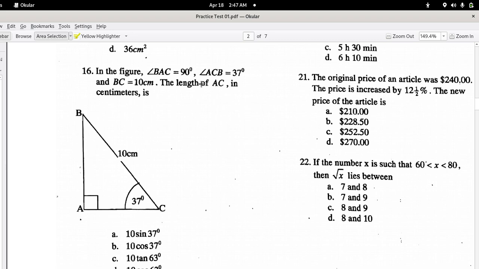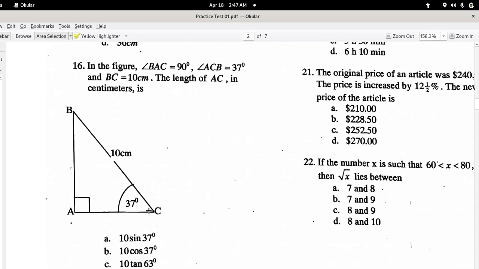Now, remember, you have 2 papers, paper 1 and paper 2. This is an example of paper 1. Alright? Past paper 1. Now, here, question 16, in the figure, you have angle ABC is 90, which is here. ACB is 37, right here. And BC is 10 centimeter long. The length of AC is,